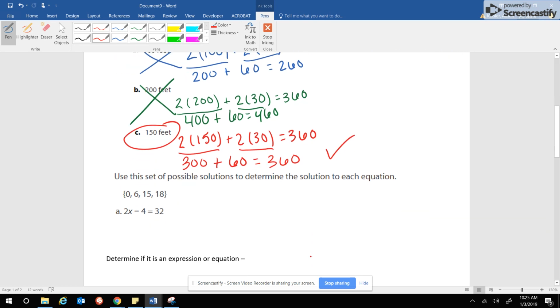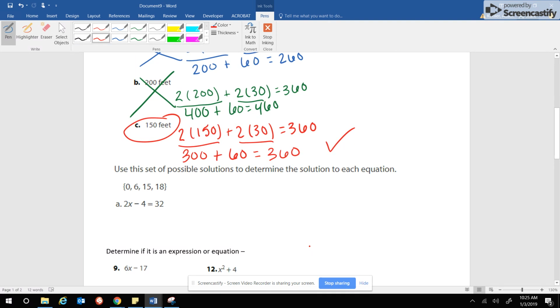All right, we're going to get a little bit more practice with this. We're going to use the set of possible solutions to determine the solution to each equation. We only have one right here we're going to do it for. And this is a strategy you can use anytime you have a multiple choice question. So I have 4 options right here I can pick from. And I'm going to substitute in to see which one will work. So I'm going to start with 0. Plug it in there for